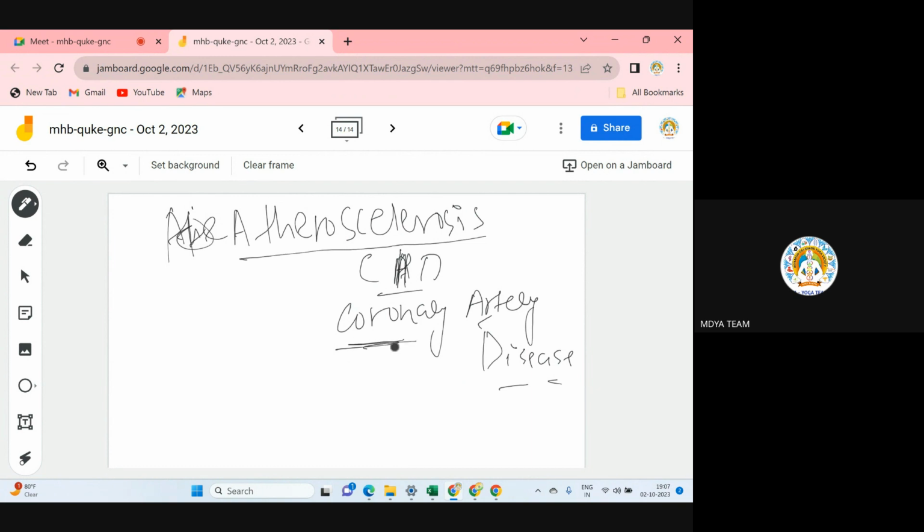You know about this coronary artery? That's present in the heart. The main function of blood is to provide oxygen to each and every organ, but our heart also needs oxygen. So to provide oxygen to the heart, there is some pipeline present, some blood vessels, and those blood vessels are known as coronary artery.